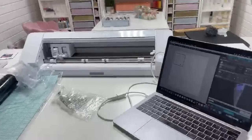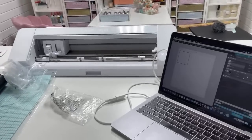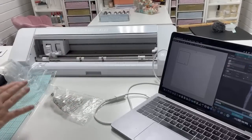So bear with me. Okay, there. I think y'all can see that. Yes. And I may zoom y'all in just a little bit more, but give me a minute. There, y'all can see the machine, all this. So let me go grab